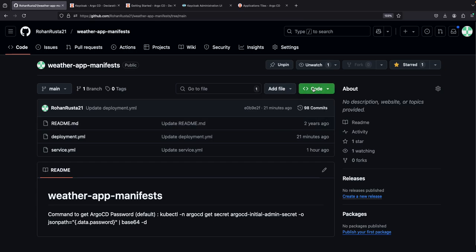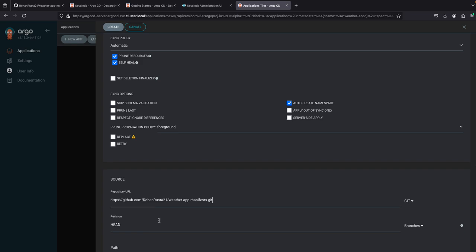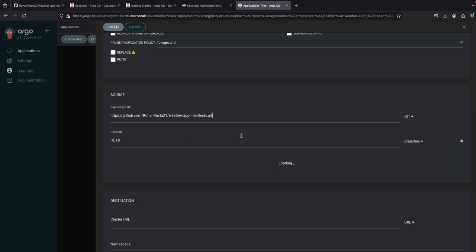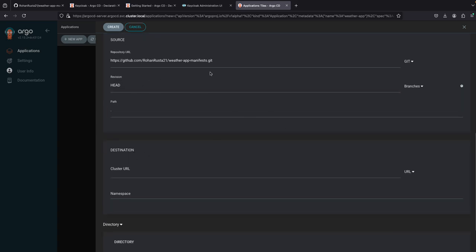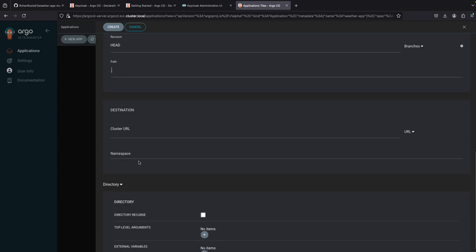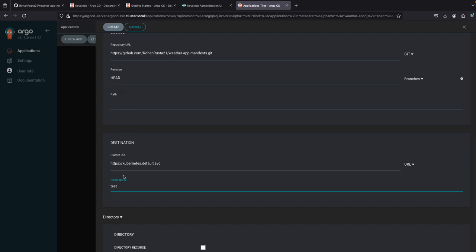Let me just copy this URL and paste it here. This is a public repository, so we don't need to pass any username and password here for running this application. And everything is in the root directory, so no path or folder is assigned to it. Now let us just enter the namespace, and this application runs inside this test namespace, so I have written that. Now let us create it,